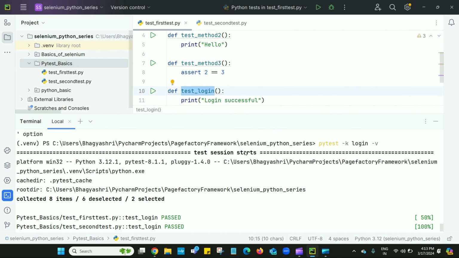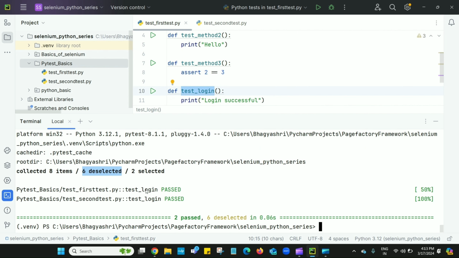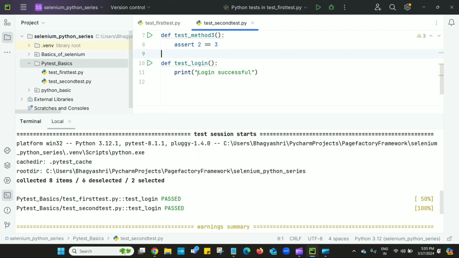Now you can see test session starts, and here collected 8 items, 6 deselected and 2 selected, means in these two files 8 tests are there. Out of that 6 were deselected and only 2 selected that match this login. So test login passed. But here we are printing the statement login successful, and it is not printed here.